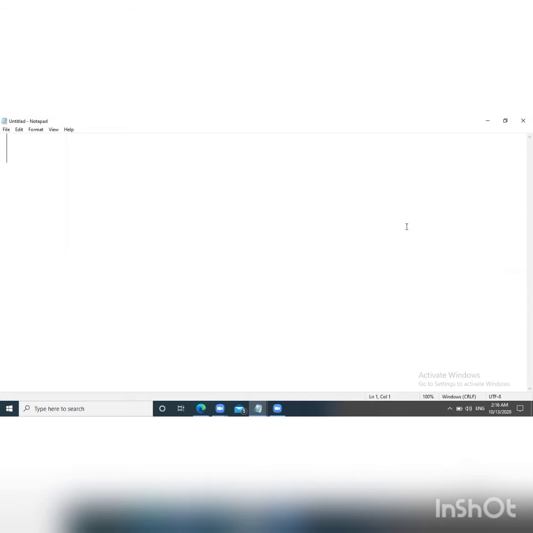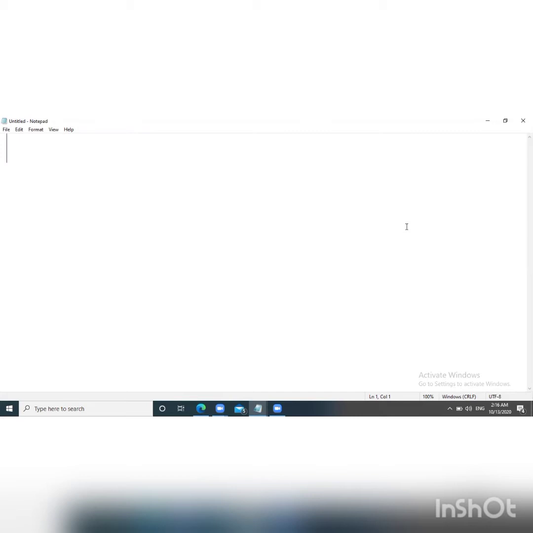As we have discussed in the previous video about block level elements and text level elements, let's see some examples of block level elements and text level elements. Firstly, I will tell you about the headings. HTML provides 6 levels of heading: H1, H2, H3, H4, H5 and H6. H1 is the highest level of heading and H6 is the smallest level of heading.